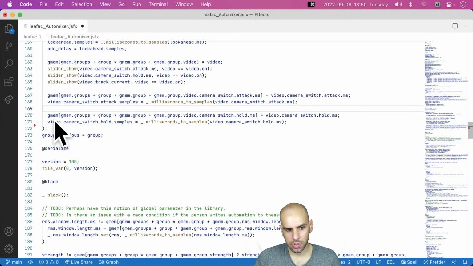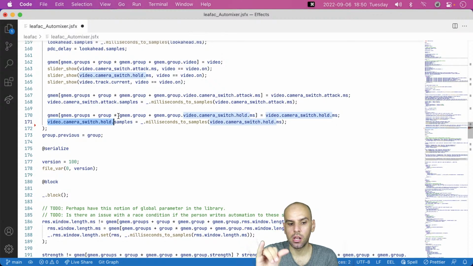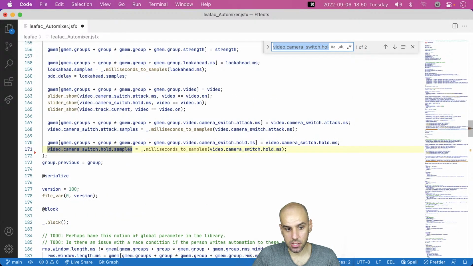So this notion of hold is not really related to this time window that we use to compute who is speaking. This notion of hold has to do with the camera switch. After the camera has switched, which is based on but not quite a one-to-one relationship between the person who is speaking and the person who is on camera, we want to hold on to that angle for a little window, and that's what this hold variable is. So yeah, I think that we will not reason about this in terms of samples.